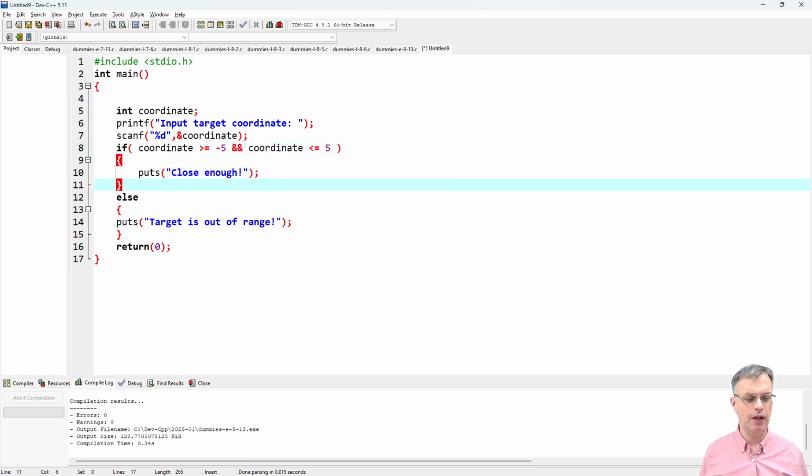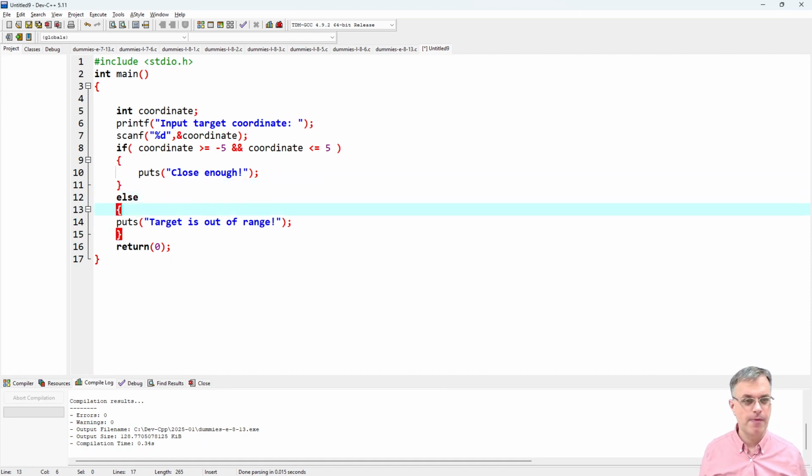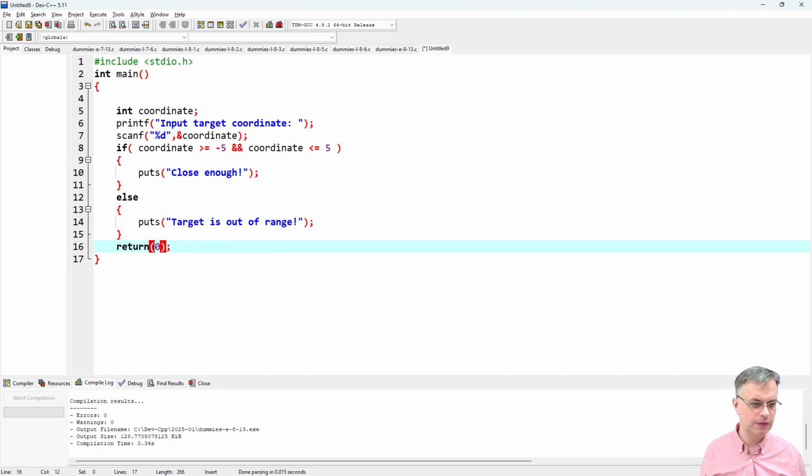Coordinate is larger than or equal -5, and coordinate is less than or equal 5, else target is out of range. I think we are good to go. I think we are ready to finish this code